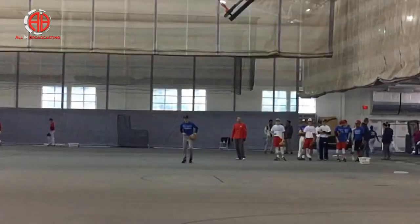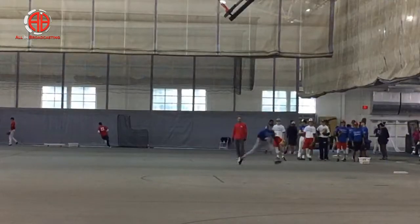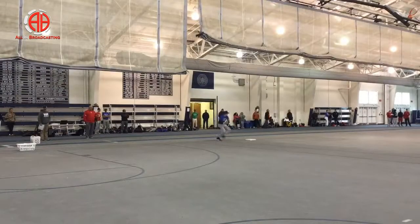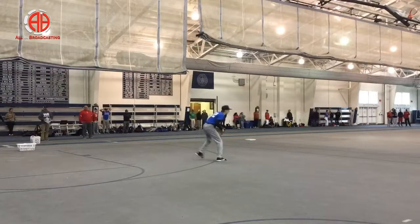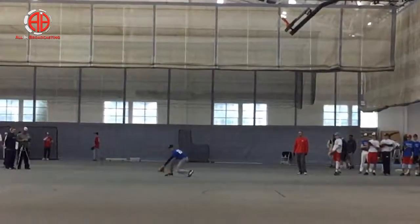I think that's another point that Kevin didn't bring up. Yeah, he used more the bat speed, the exit velocity. I think it's a completely different angle of the camp. Well, no, it's nice. I mean, you actually get, there was a couple of years ago where we had, I'd